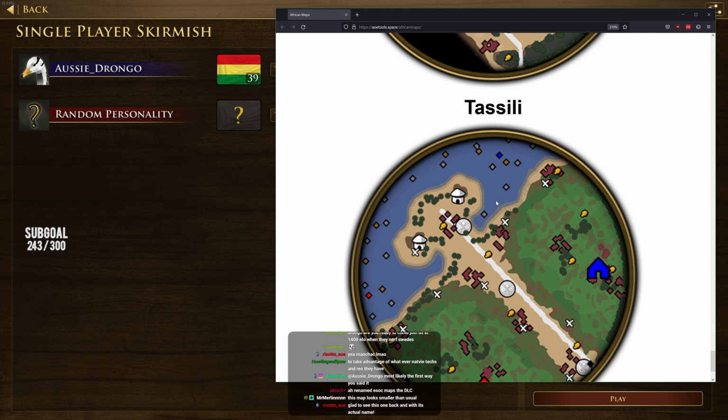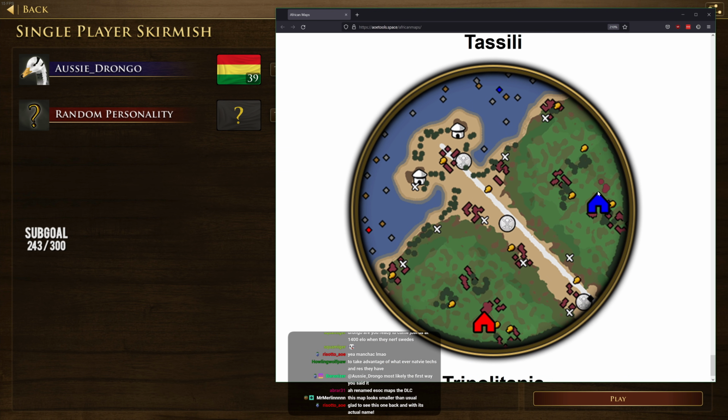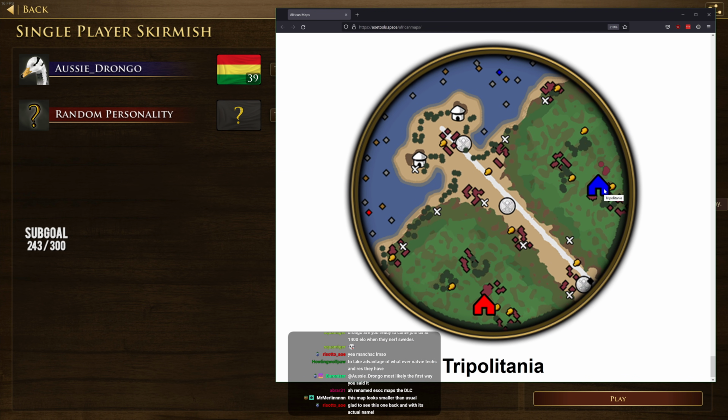Now we move on to the 15th and final map, and it is, of course, Tripolitania. And I love this map. I think this is a great map. It looks absolutely beautiful. So this map here, one of the things to note is you need to be very, very careful with your food, because if you hear Fitz laughing in the background, and there's a good reason why he's laughing, we just played on this map